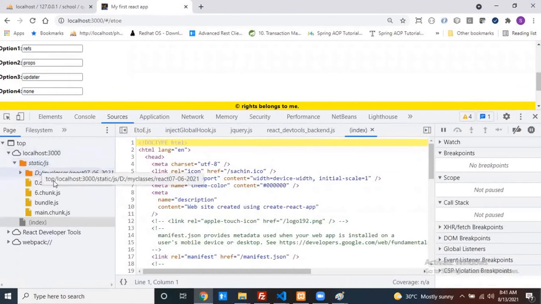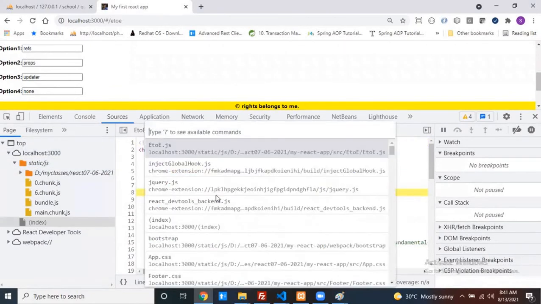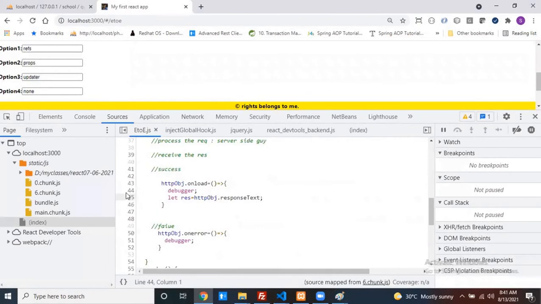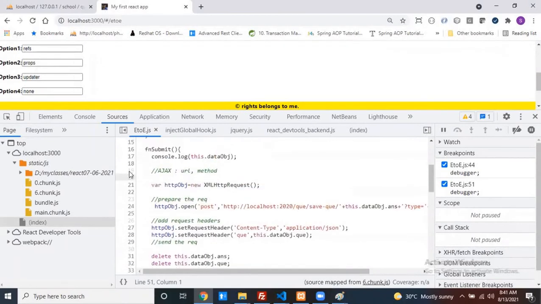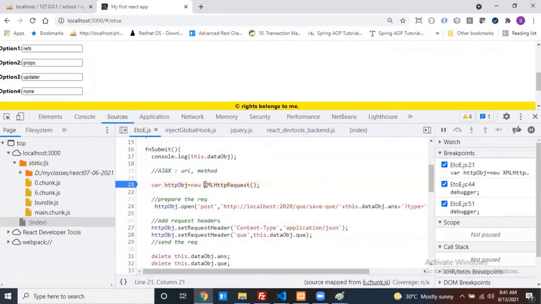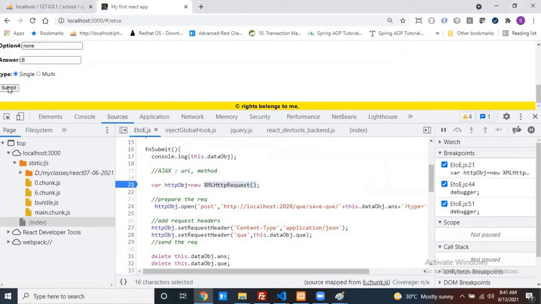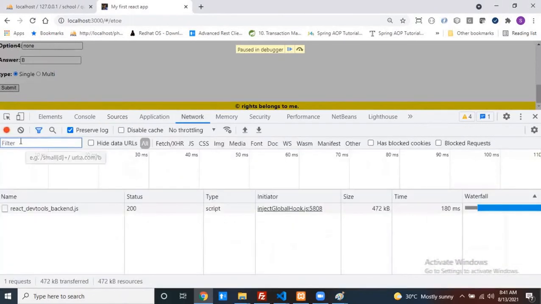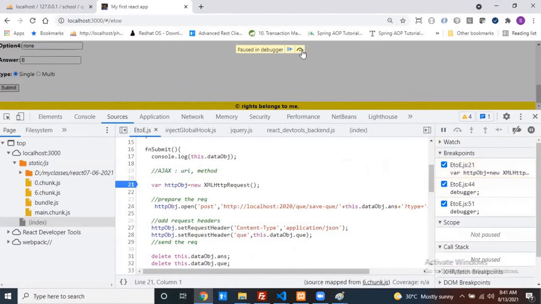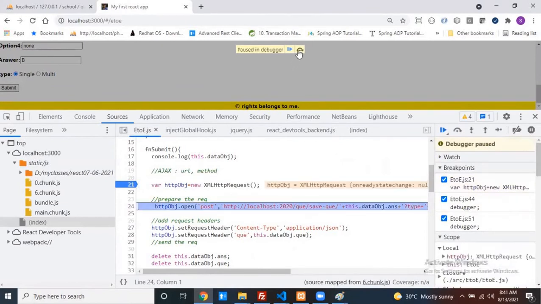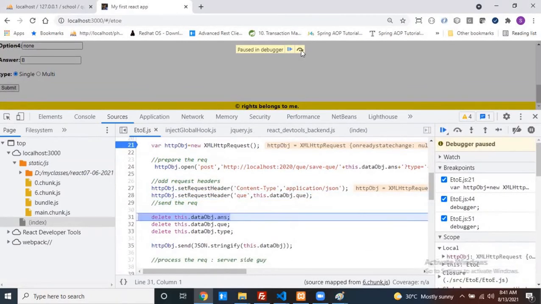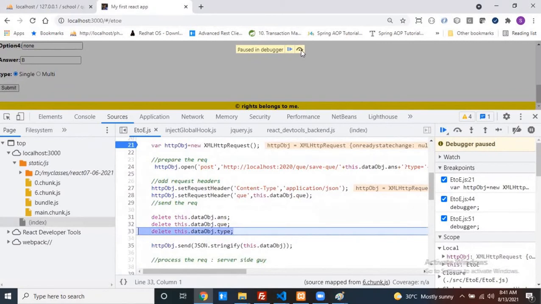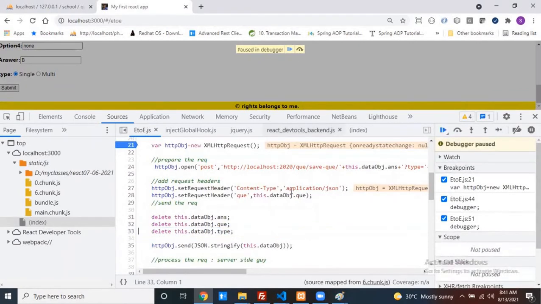The first thing is, where is your component end to end? Now, this is your success callback. This is your failure callback. And this one and this one, you are using the technique to send the request to the server. Now, can I click on submit? Yes. Go to the network, clear everything. Go to my source, go one by one. You prepare the request, and then you added some headers, passed the data, and based on your requirement, I delete some properties from the data object. And then I send the request to the server.